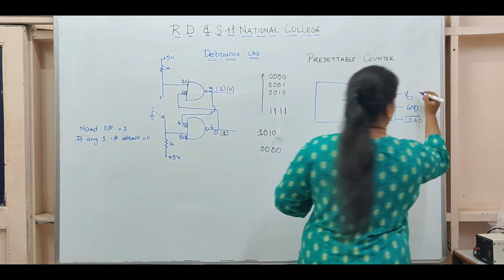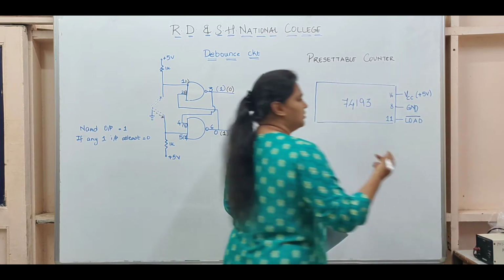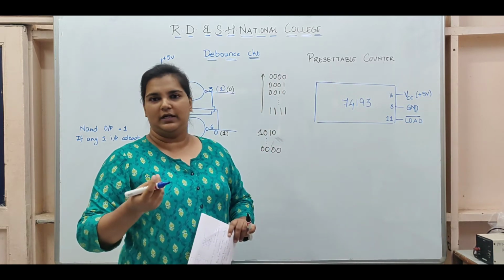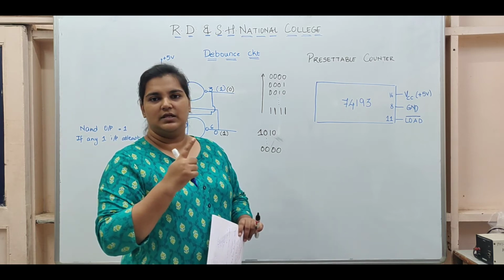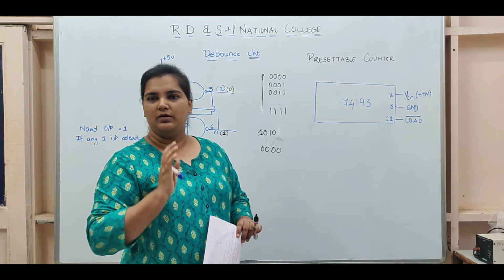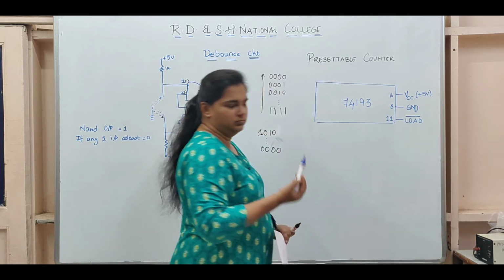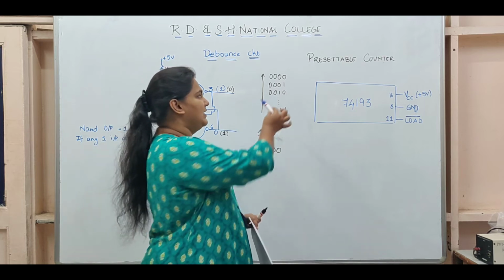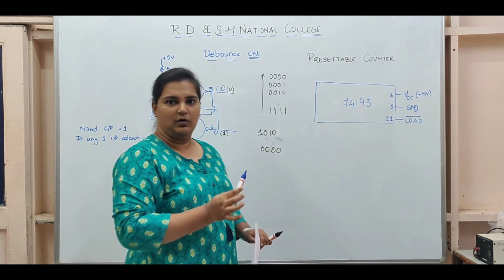The VCC value is plus 5. There will be no analog values like 4.9 or 3.8. You have only two states, ground and VCC plus 5, which is 0 and 1. So whenever I keep this pin on ground, then I can set the preset value. Otherwise it will work as any normal counter.